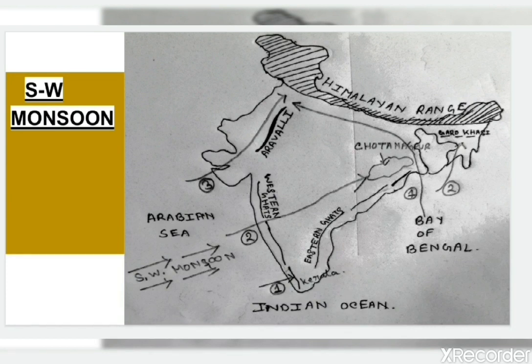As you can see the location of the Himalayan range in the map, these Himalayas form a climatic barrier separating the Indian subcontinent from the rest of Asia. They not only prevent the cold Siberian winds from entering the Indian region and turning India into a cold desert, but they also force the moisture laden southwest monsoon winds to shed heavy rainfall in India and the subcontinent parts. Otherwise India would be a dry region. Okay, that is the significance of this mountain range, that is the Himalayan range.